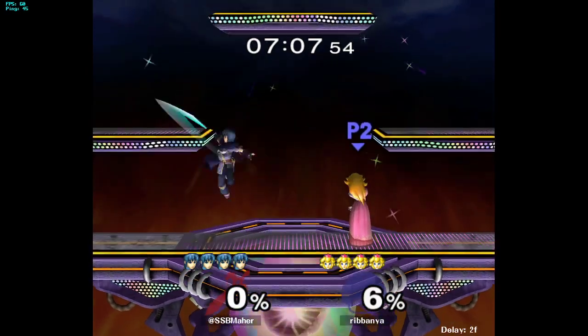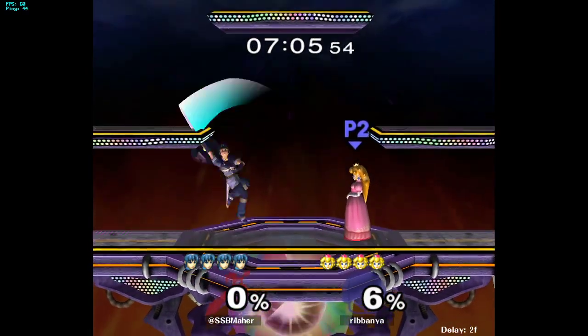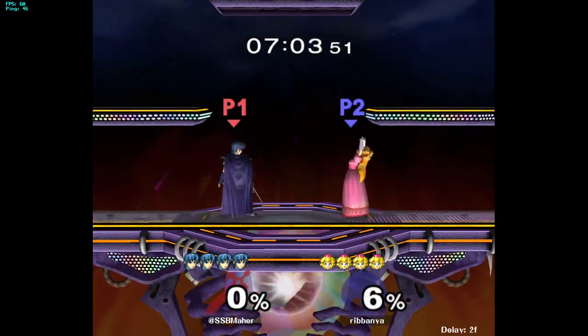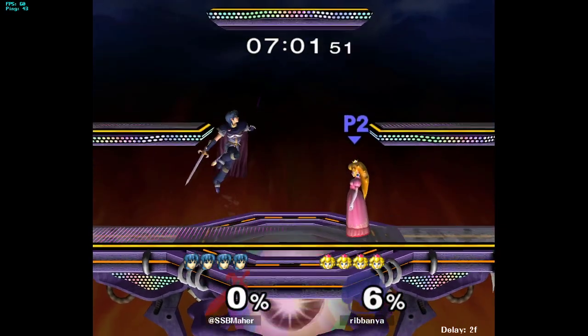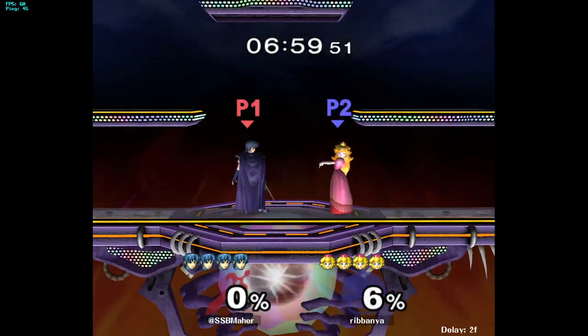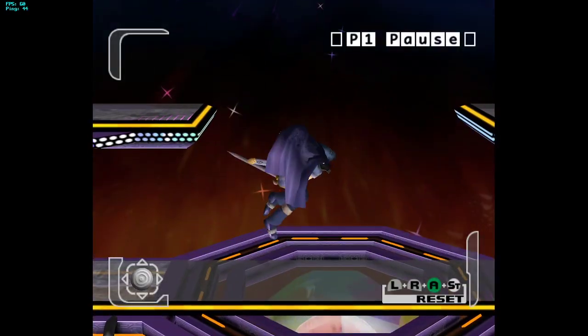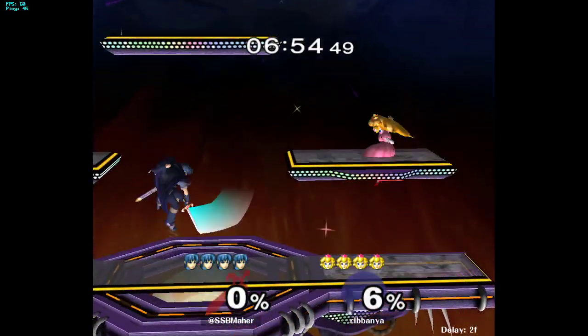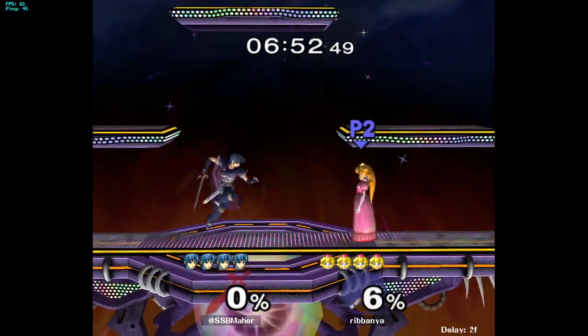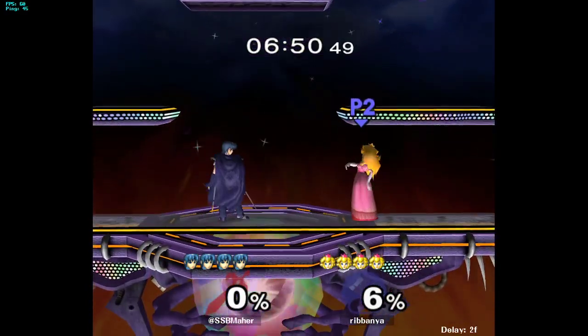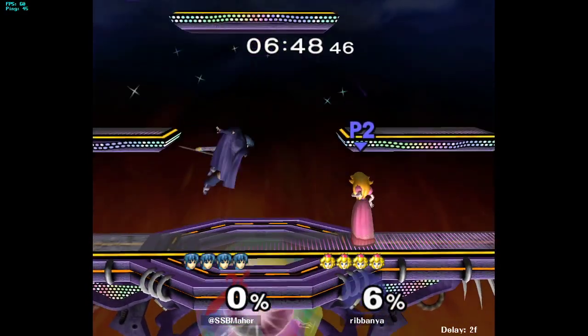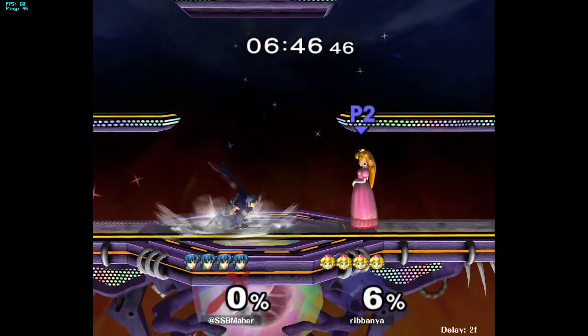Something like this is really good because it trades pretty well against his legs. And up close, it's scary for him on his shield and out of shield options. Otherwise, sitting duck is really the way you've got to look at it. Instant fair comes out fast, but that's kind of the mix-up, right? If you do an instant fair, I have all this time before I get my second fair out